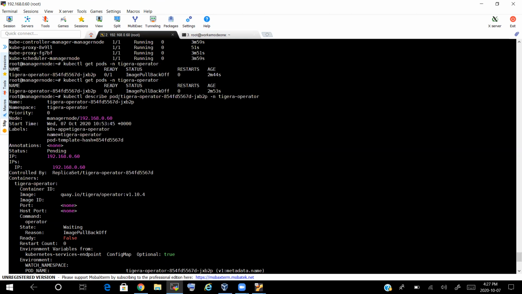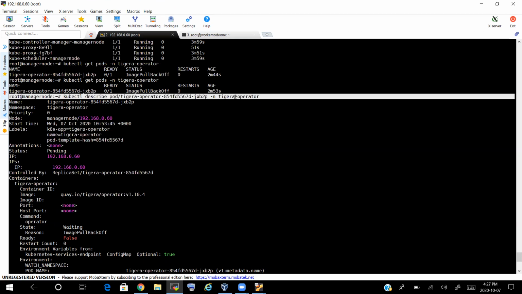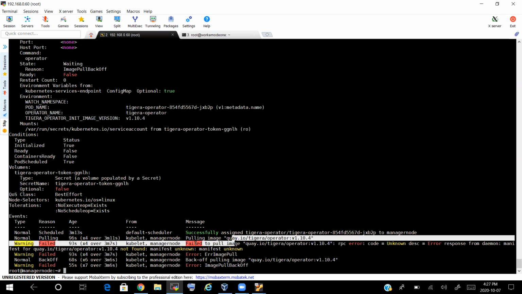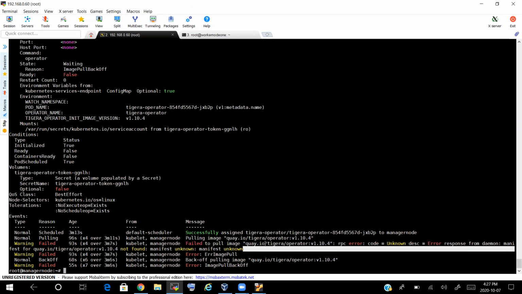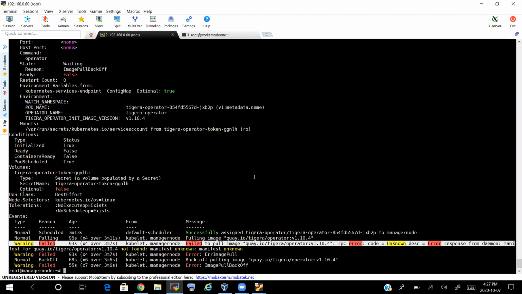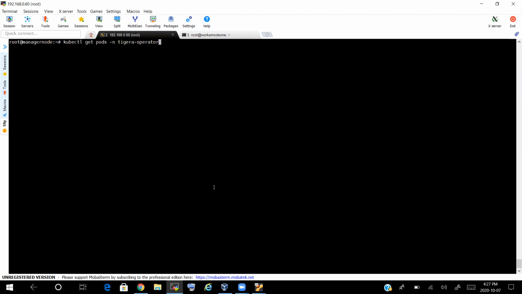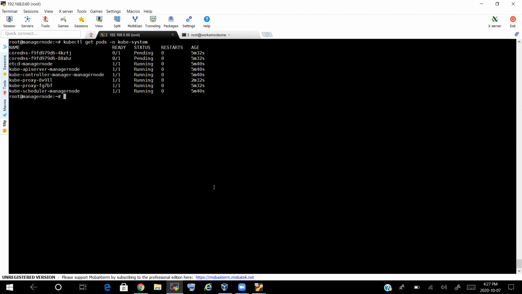It is a pod actually. So pod, slash or space, and the pod name, -n. It is in this particular namespace, so that's the reason I gave this. You can see it is telling me that the image pull failed. First it should pull the image, then the container will get created in the background, right? So the image pulling itself failed. So I guess that's the reason CoreDNS is pending due to that.